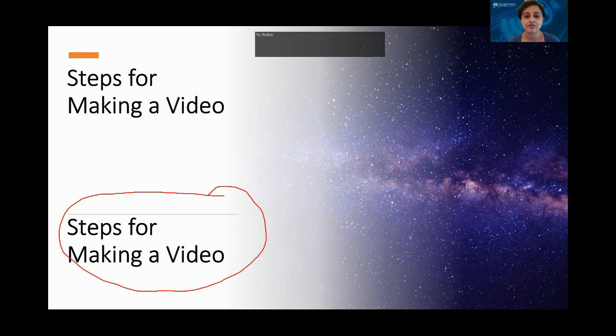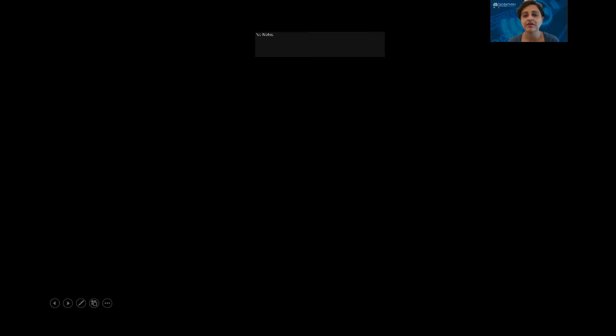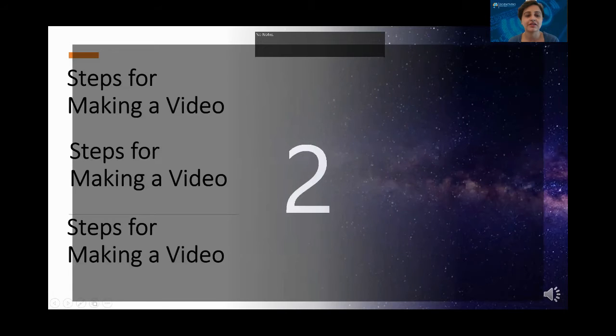I can even use the eraser and I can erase this, right? So these are the different options. I will go to my next slide. This is again showing some steps. Then I go to this one and then I will say, okay, go back. And then I will say, okay, that's it. I would like to stop it.